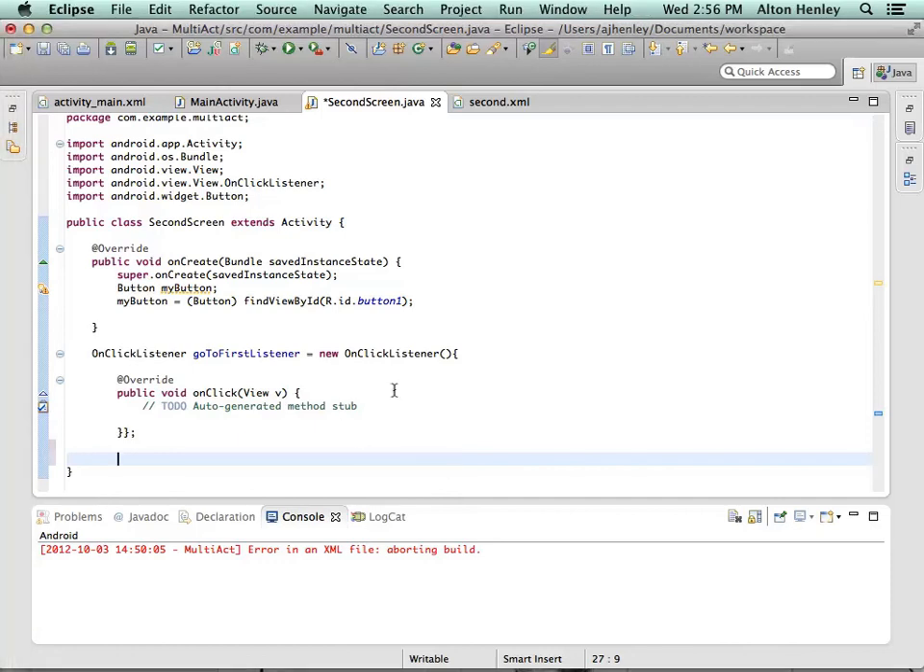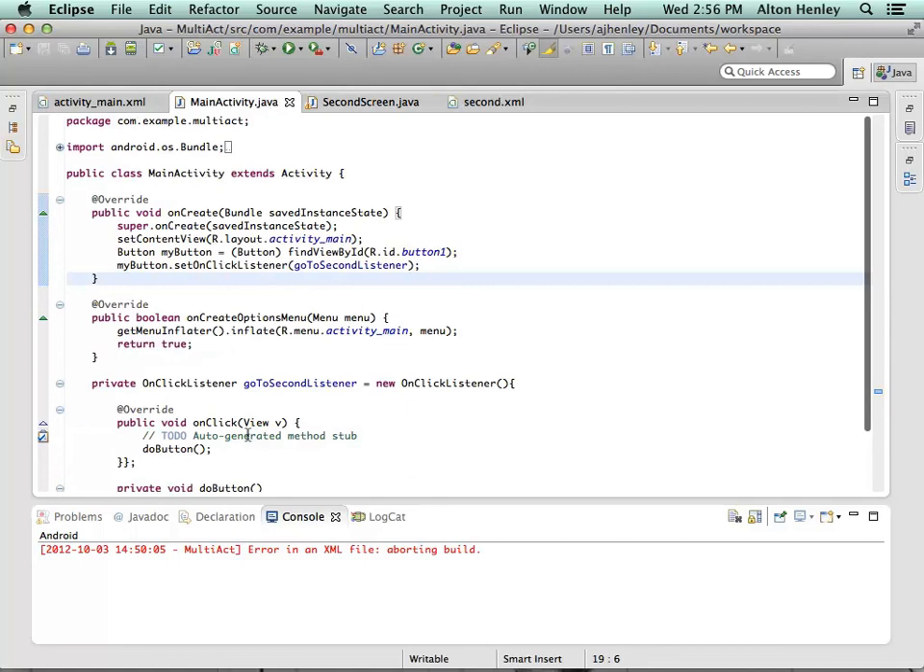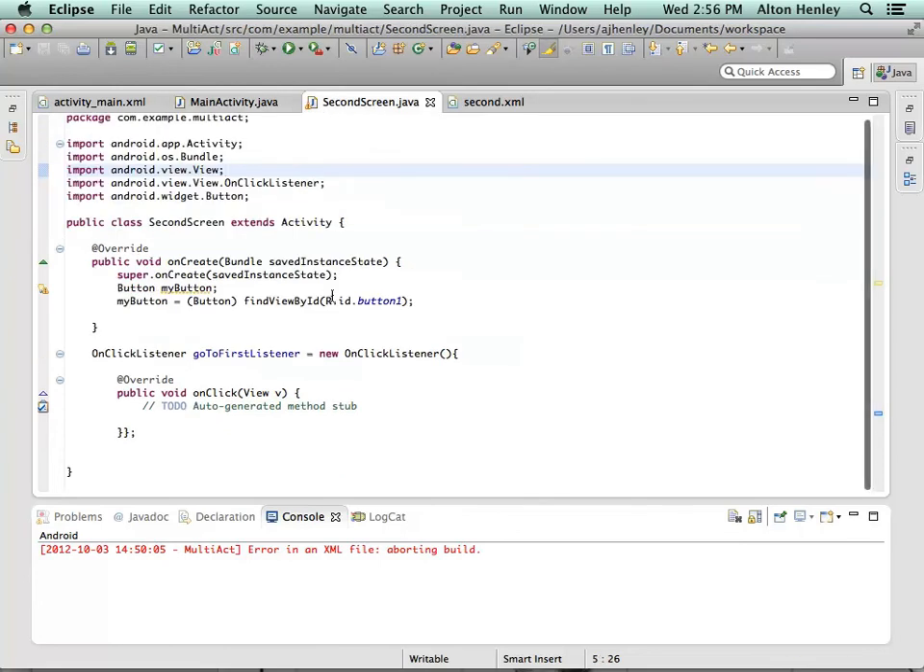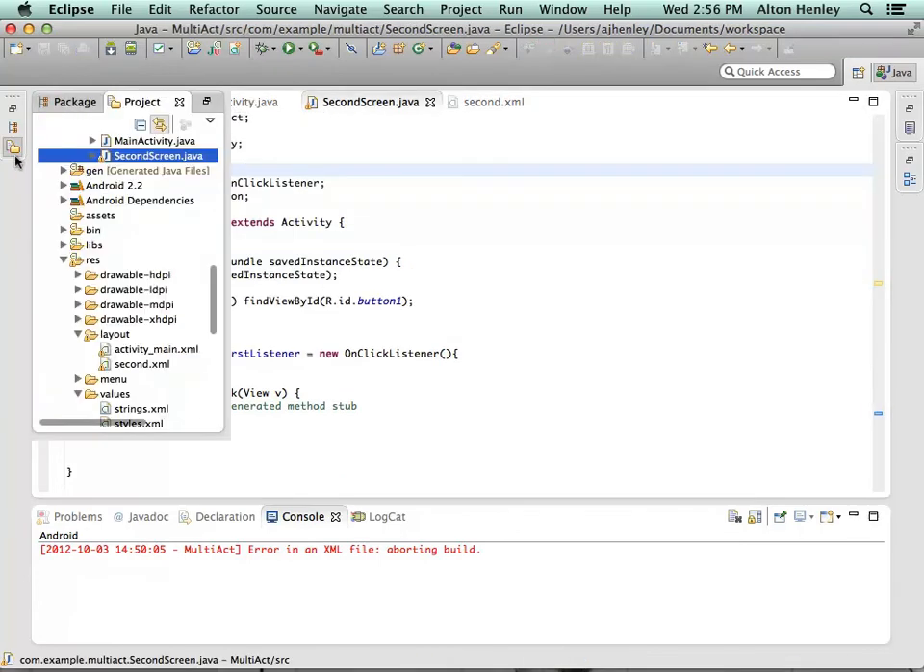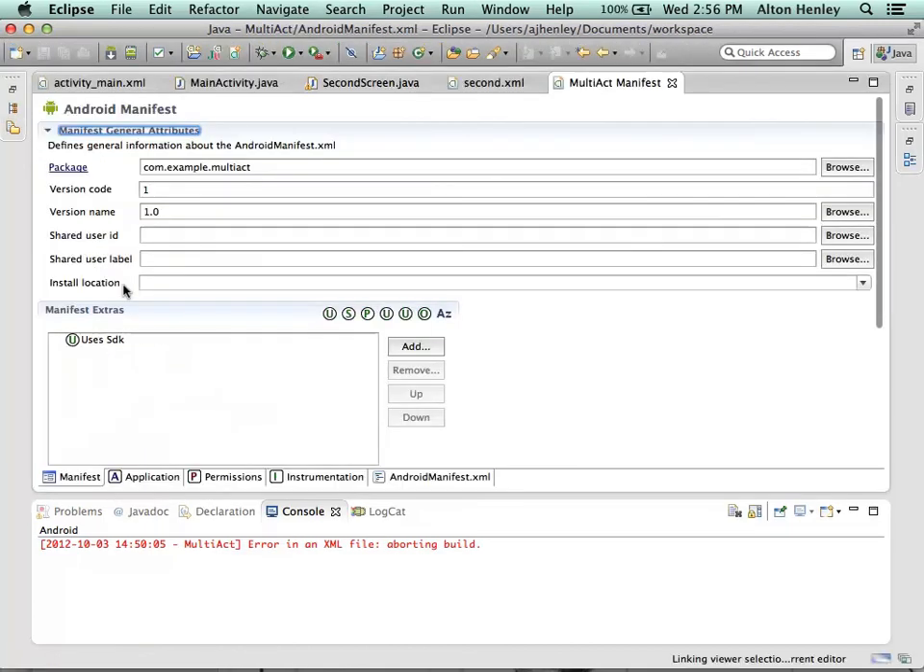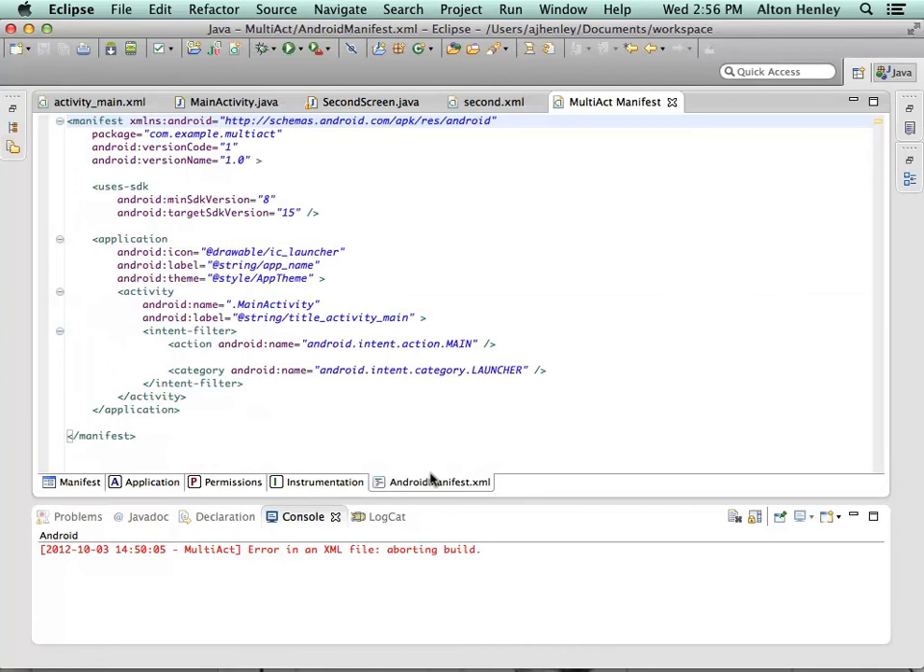Oh, okay, before I do that, the next thing we were supposed to do was edit the XML to declare the fact that our second activity exists. So right now what we have is code that should send us to the second screen once we run it, but it won't because the program doesn't know that the second screen exists. So we need to tell it that the second screen exists. You need to go to the Android manifest, go to the XML tab of the Android manifest,